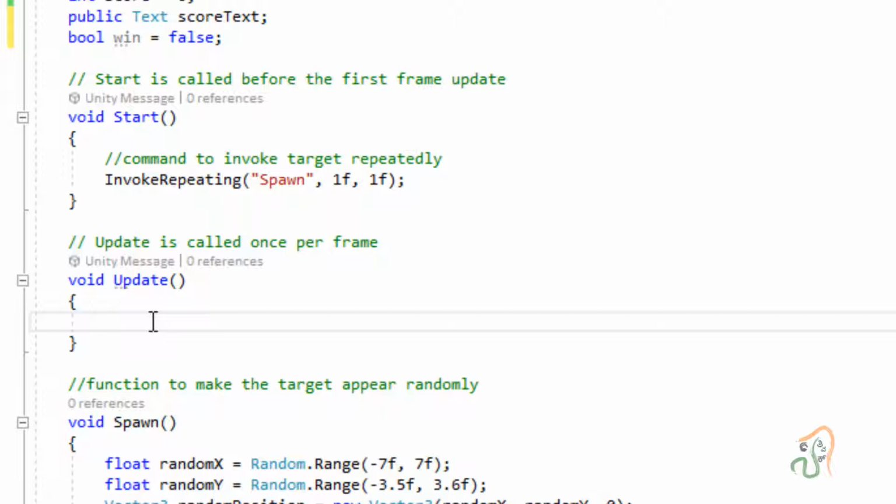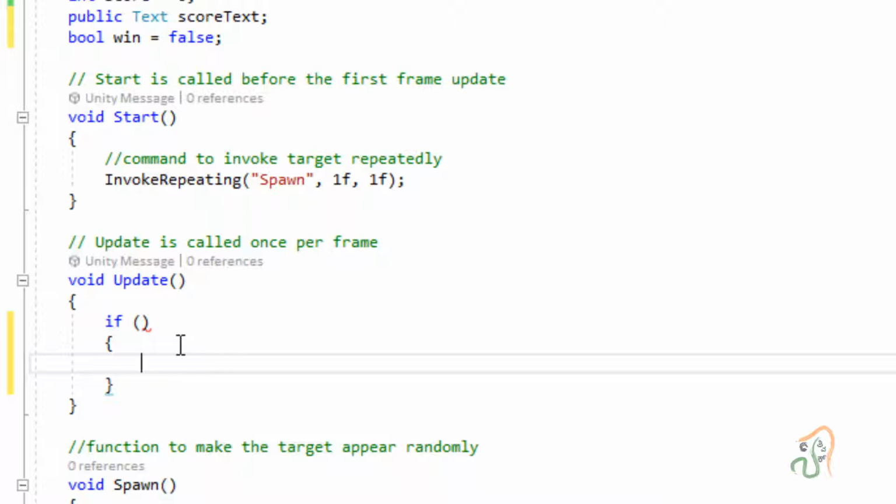In between this Update, I am going to type another if statement. Type if, open and close bracket, after this an open curly bracket. Okay, and now you can move this to the next line.